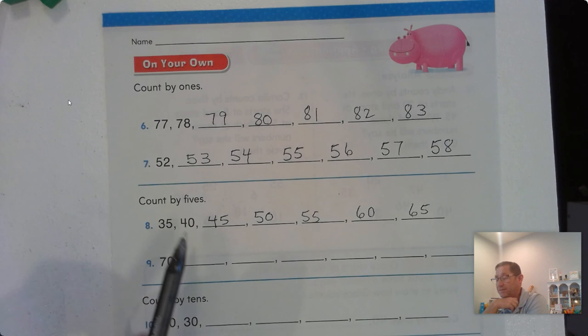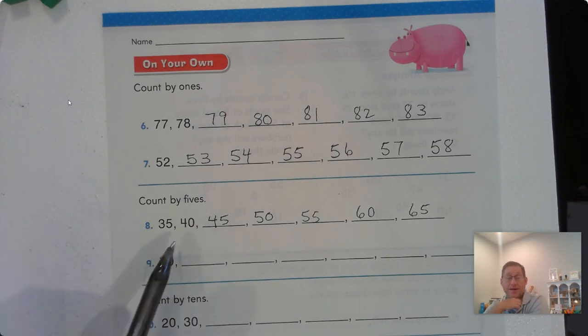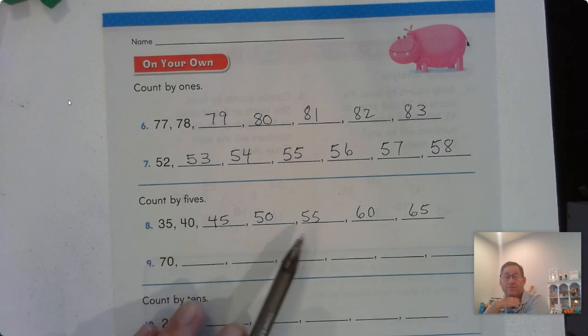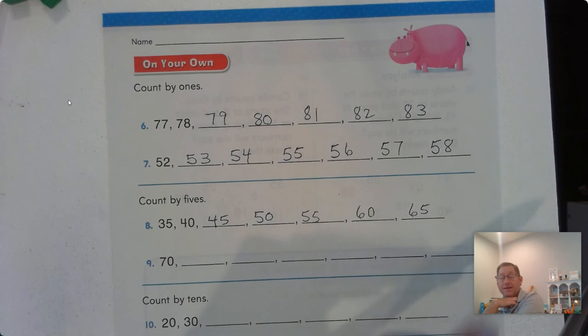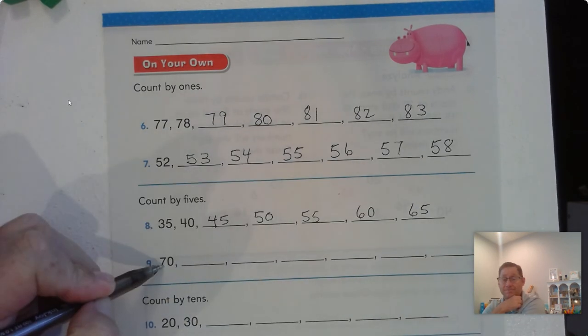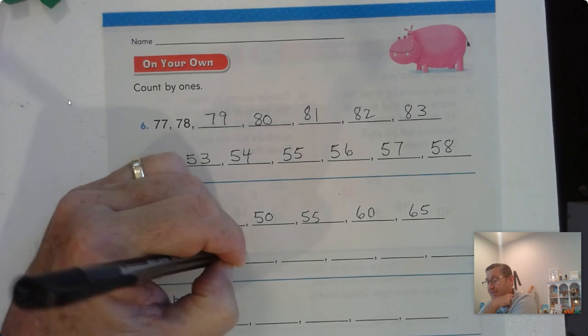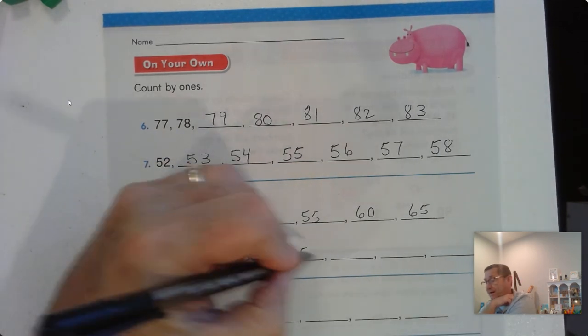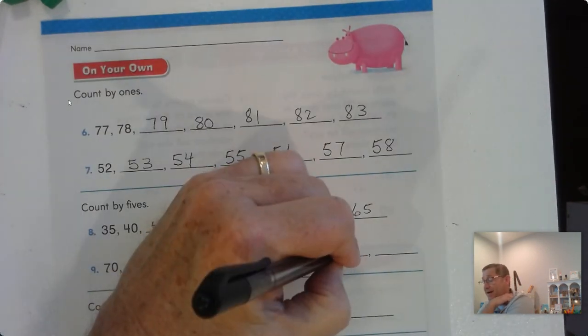Okay, and ask yourself to verify your answer, do we have the alternating pattern in the ones place? Do we have 5, 0, 5, 0, 5, 0, 5? The next one would be a 0. So 65, 70, 75, 80, 85, 90, 95,